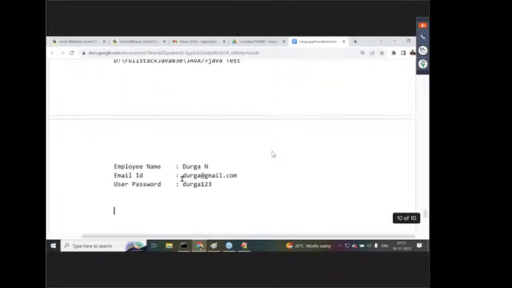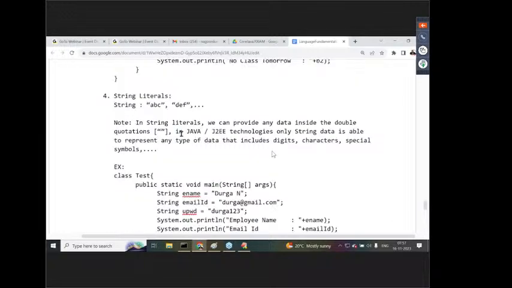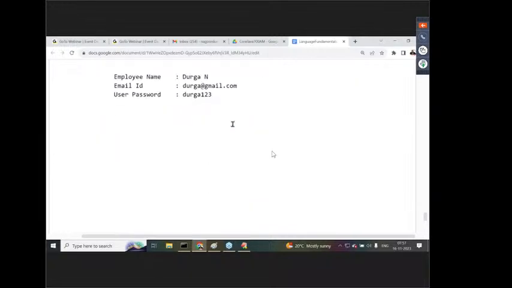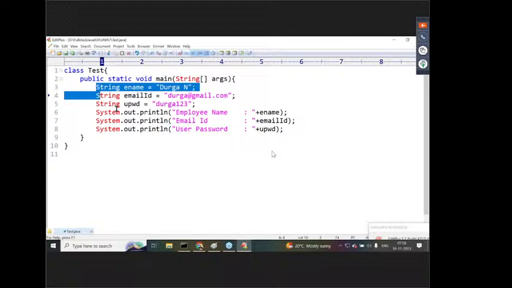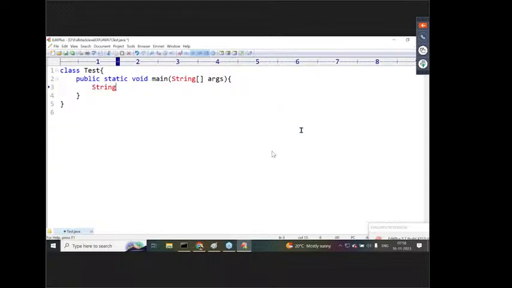Next, after representing the string data like this, now see this, one more point I'm asking. Is it possible to provide single quotations inside the double quotations? Inside the string literal, can I provide single quotations? Is it possible? Let us check this clearly. I have some separate requirements. Listen carefully. For example, String